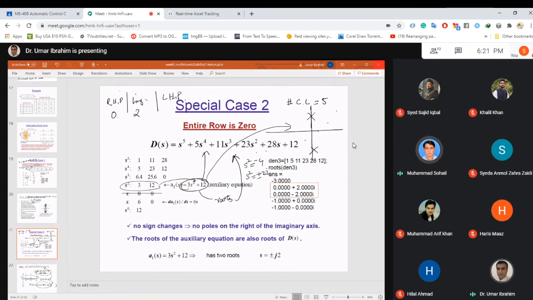ठीक है, अगर तो रियल तो नहीं हो सकते हैं क्योंकि राइट हैंड प्लेन में नहीं होना चाहिए। बिल्कुल, अगर मैं इन 2 चॉइसों में ये वाली चॉइस सेलेक्ट करता हूँ तो वो तो मुझे फोर्स करता है कि आपका एक पोल यहाँ पे आएगा राइट हैंड प्लेन में, लेकिन मुझे साइन चेंज से पता है कि राइट हैंड प्लेन में कोई पोल नहीं है। तो इसका मतलब है कि ये सिचुएशन नहीं है। इसका मतलब ये है कि दूसरी सिचुएशन मेरे पास क्या रहेगी कि इमेजिनरी एक्सिस पे हैं ये पोल। और अगर आप यहाँ पर देखें इस सिस्टम के जो दो पोल मैंने कैलकुलेशन से भी निकाले थे वो दोनों इमेजिनरी एक्सिस पे हैं।